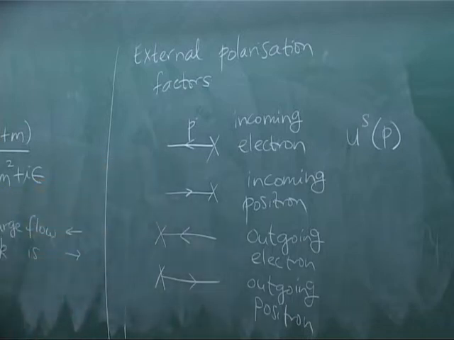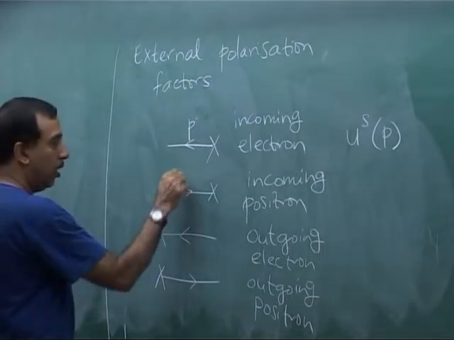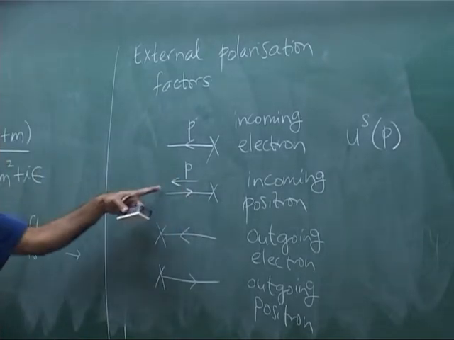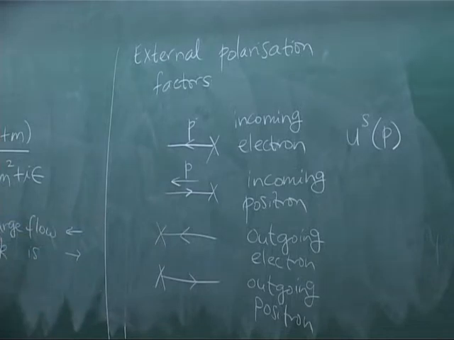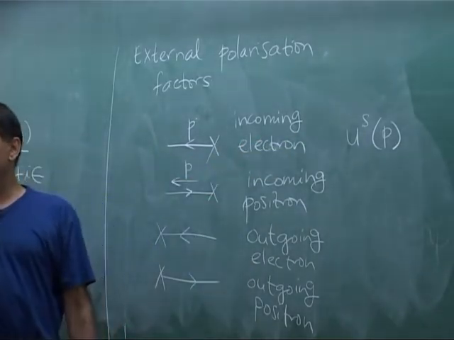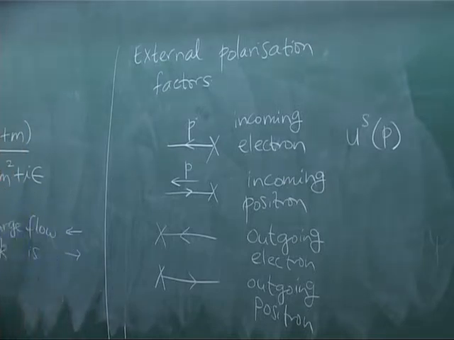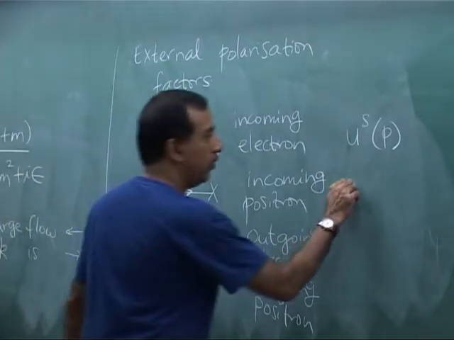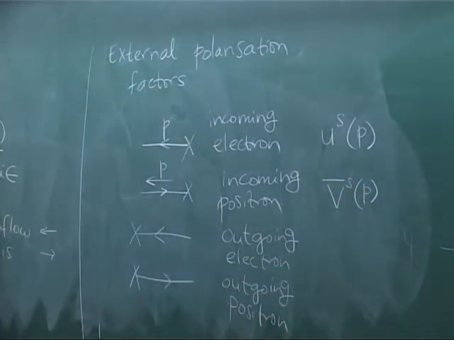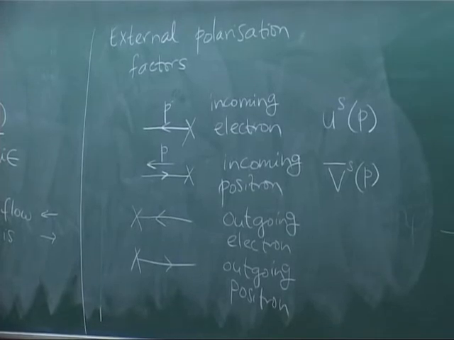Now in the second one, the momentum is still p, but I want the momentum to flow this way by convention because it's an incoming line, so it's better to keep it consistent. So it's certainly an incoming positron, but this certainly will not have a u, it will have a v, right? Because v's are associated to positrons and u's are associated to electrons. We did this last time. But in fact, this is a v bar. And the way to remember it is that,